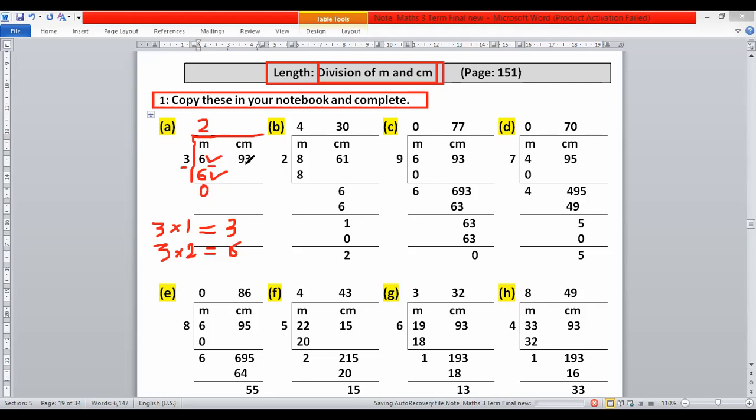After that, we will divide 93 by 3, which means we will divide centimeters. Dear students, here one thing is very important. If you get 1 meter or 2 meter or 3 meter instead of 0, you have to convert meter into centimeter first, add it with 93, and then divide. Here we have 0, so no need to add anything with 93, so you directly divide 93 by 3.